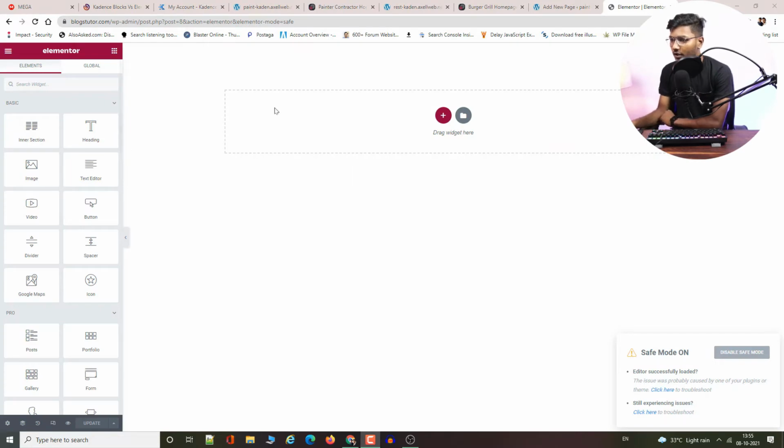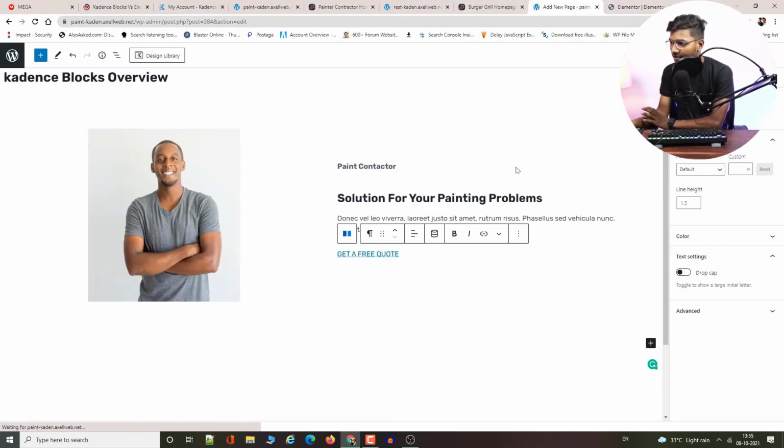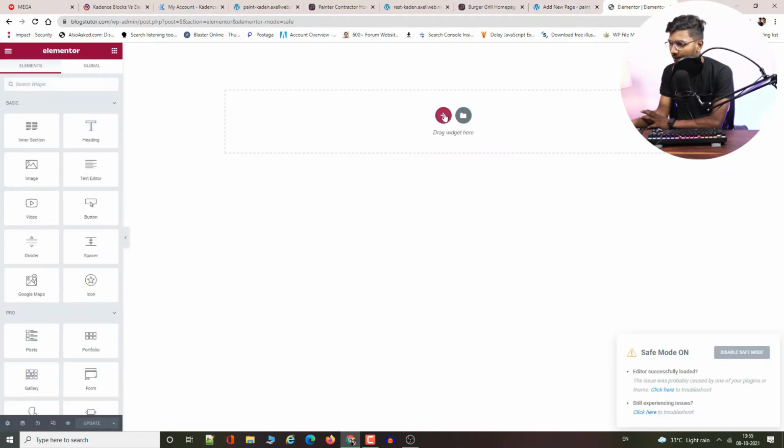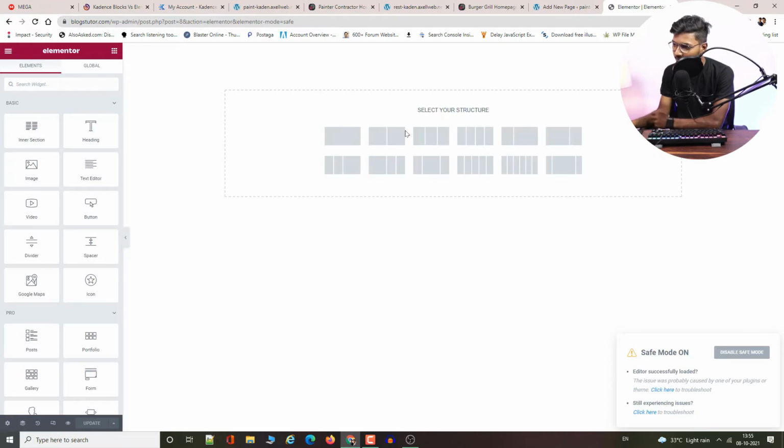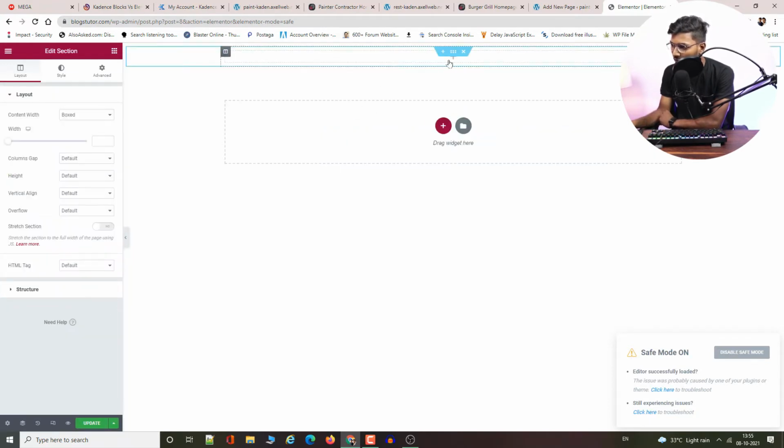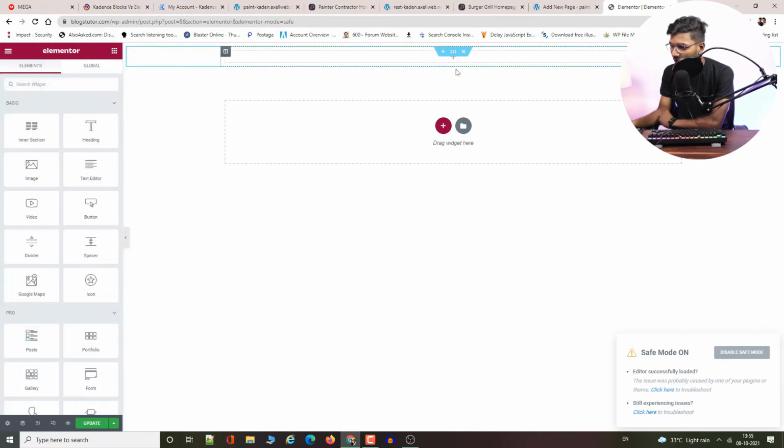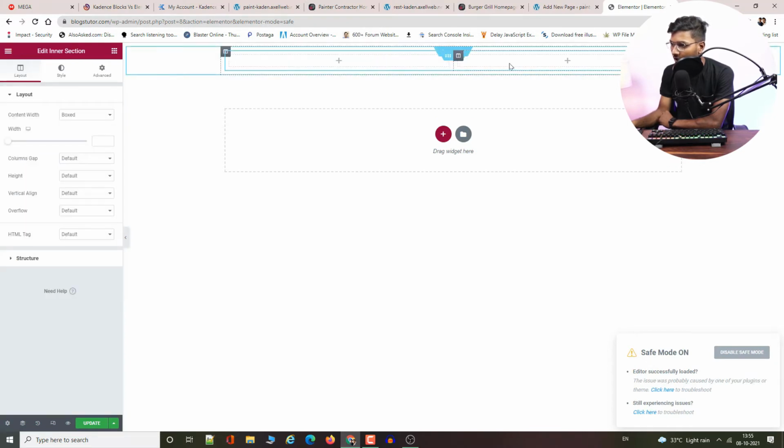Okay, so now this page is open and we can design the same simple layout in Elementor. In Elementor you have a similar button, this add button. I will add this row layout, a parent row layout. On this parent I can add another row layout, which is the inner section. So I can just put it here, and now I can have these two boxes.